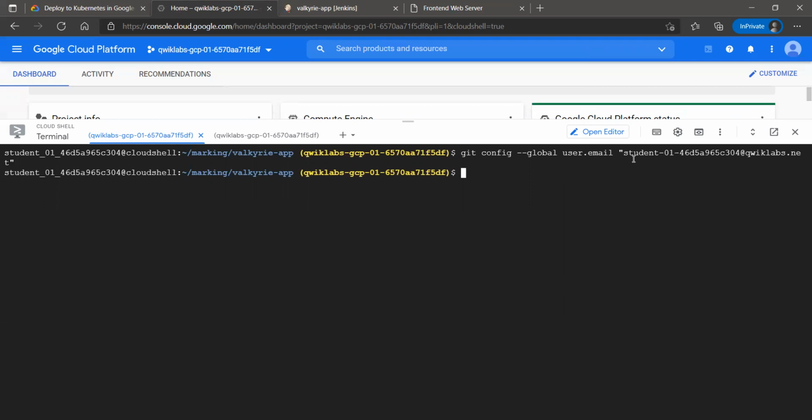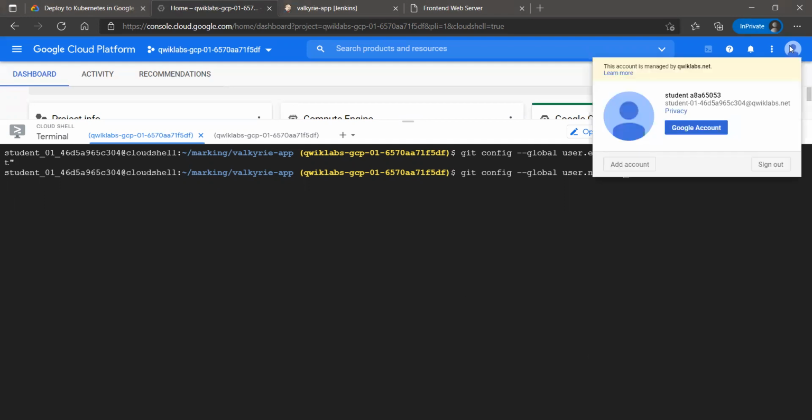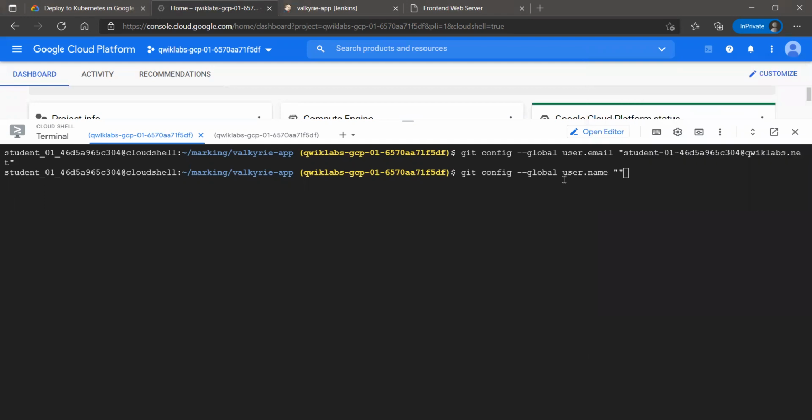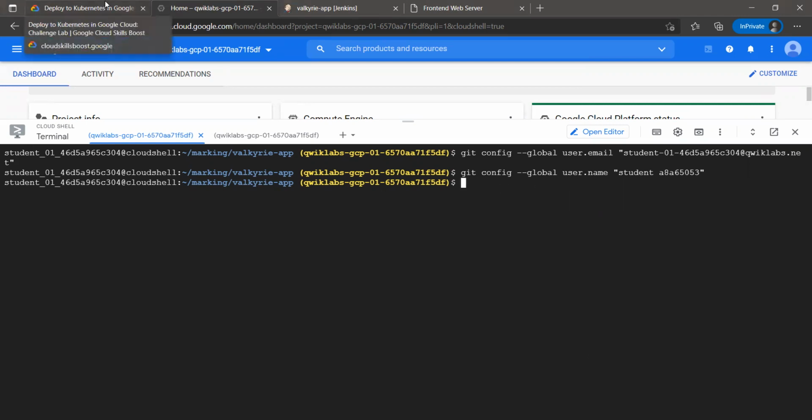Now we need to also change the name to our actual name, which is provided here. Now we have successfully configured both our email and username for Git.